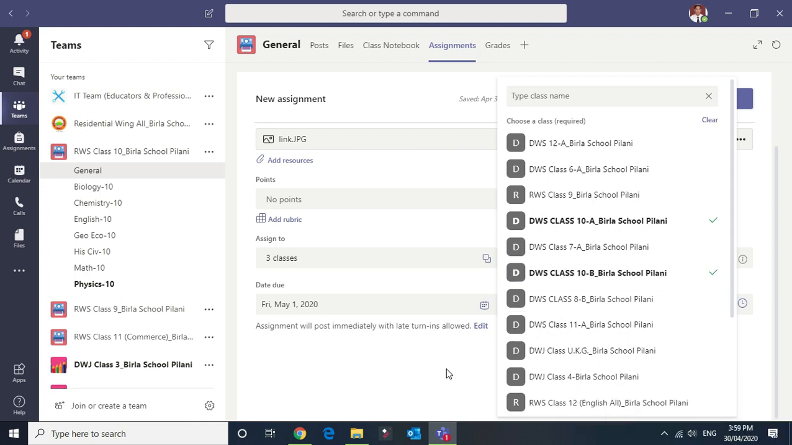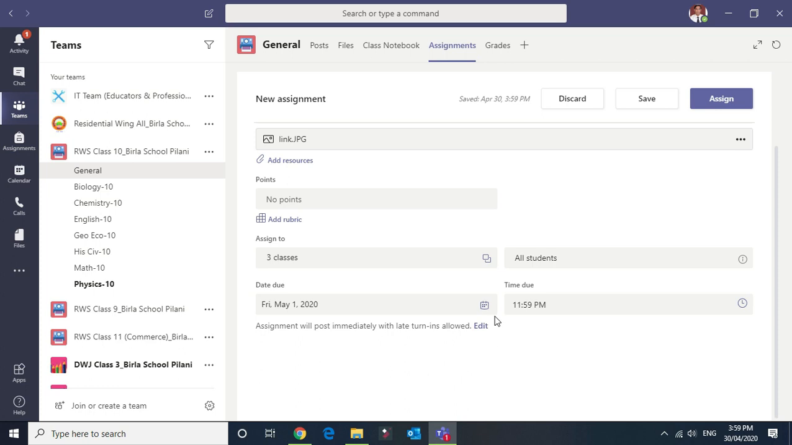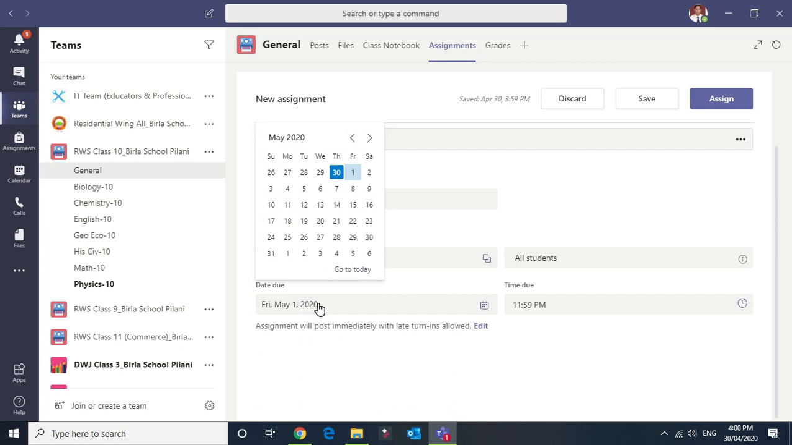At the same time, one assignment will be assigned to all three classes, to all the students whom you teach. Now select the pattern next, all students. By default, all students is selected, so no need to worry about individual students. Just click on due date, click on the calendar,